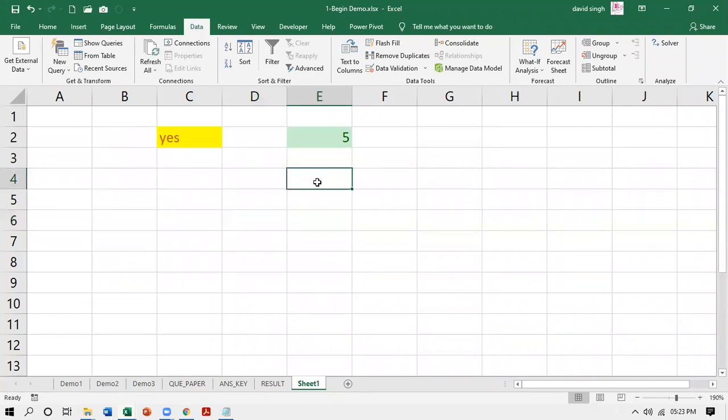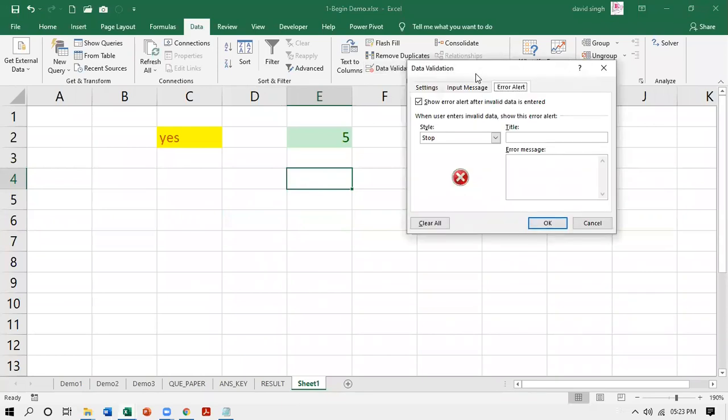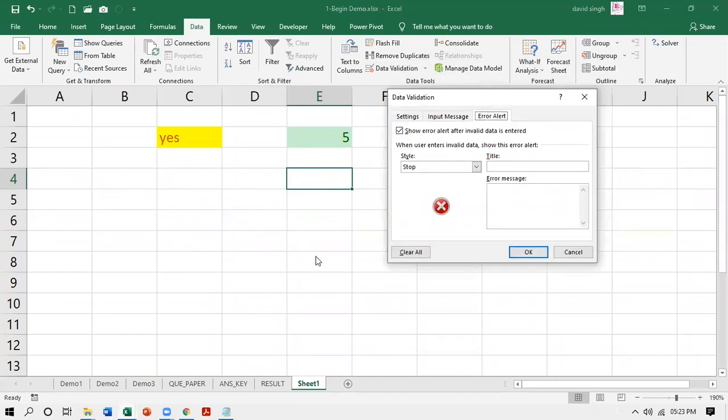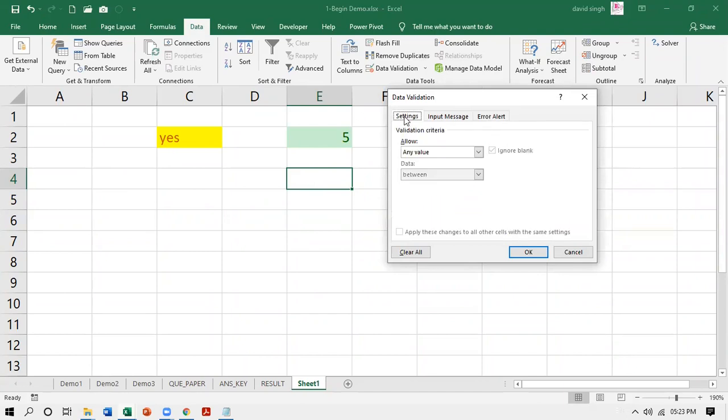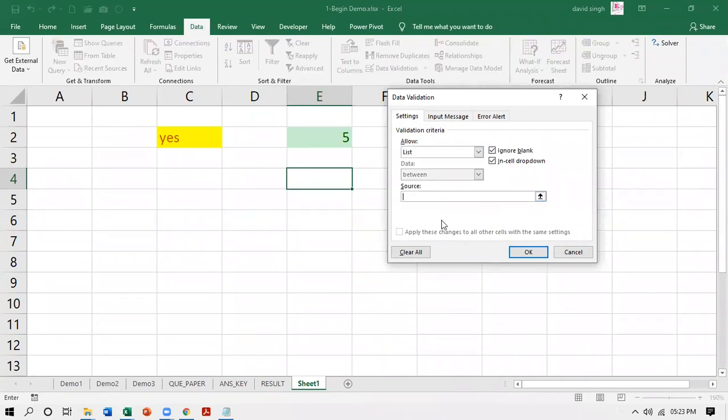I'm here in cell E4 and I'm showing you how to create a drop down list using data validation. I click on data validation. The box is here. For cell E4, I'm going to do the settings. Here I am going to take list, and here very carefully I will type the possible values for the list.